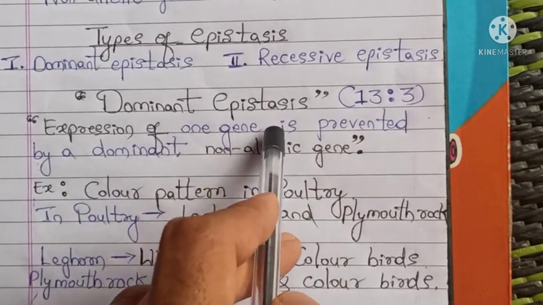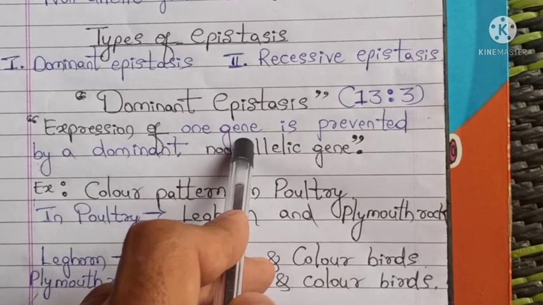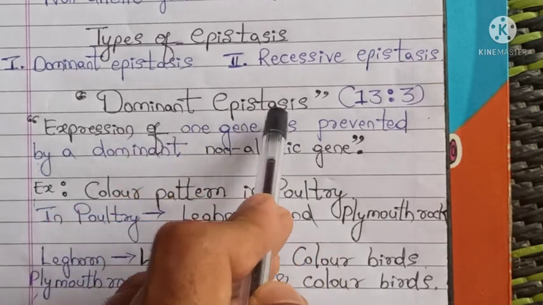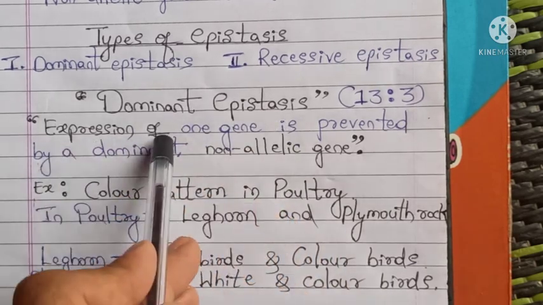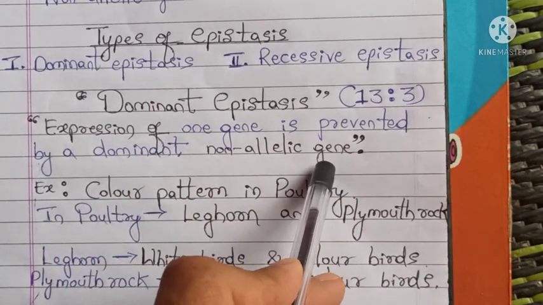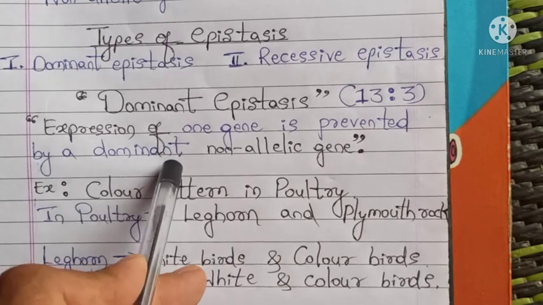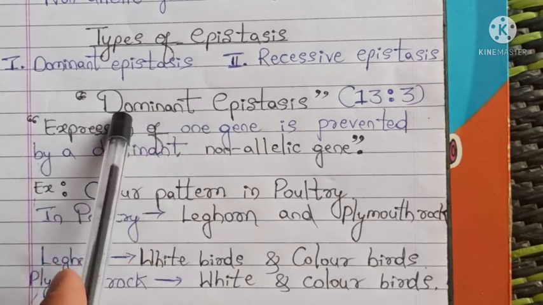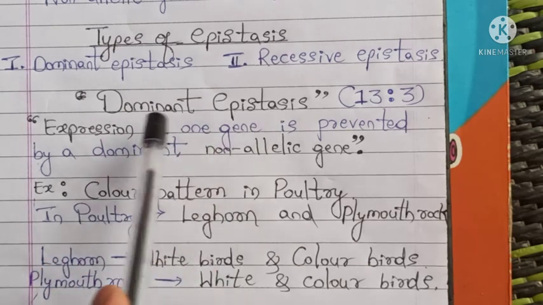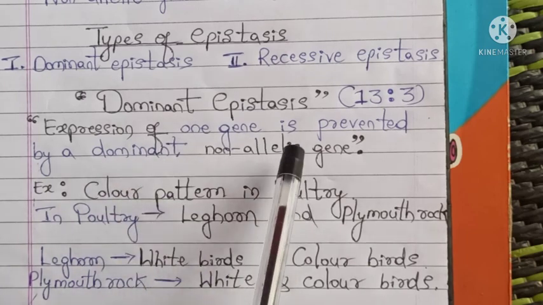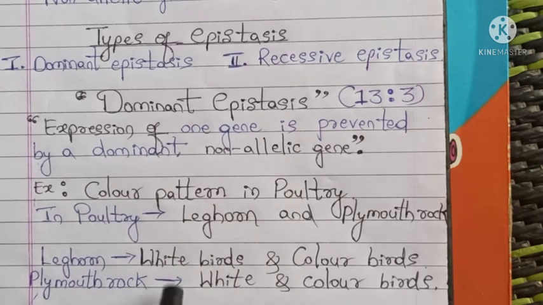We know that epistasis is the prevention of the expression of one gene by another non-allelic gene. But dominant epistasis means the expression of one gene is prevented by a dominant non-allelic gene. So here a dominant non-allelic gene is controlling the expression of another gene, therefore it is called dominant epistasis. Let us study this by taking one example,